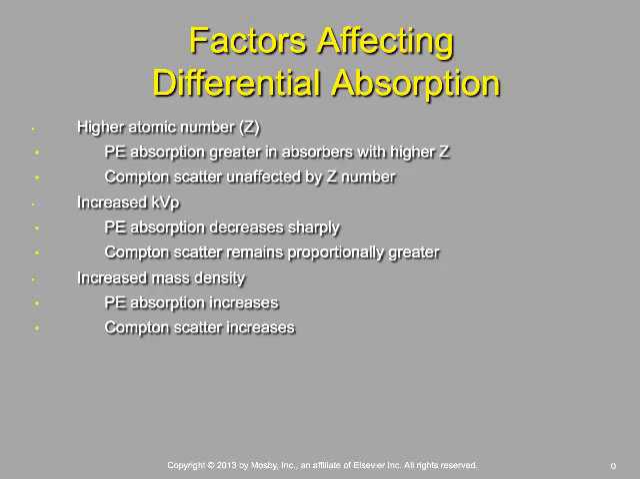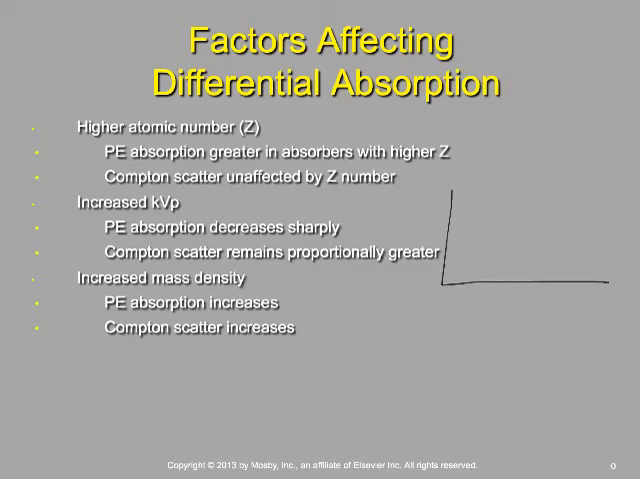As we increase the kVp, here's the problem. Photoelectric absorption decreases sharply. Statistically it will decrease in its percentage of occurrence, right? But Compton scatter remains proportionally the same. So if you can imagine what I'm saying graphically,